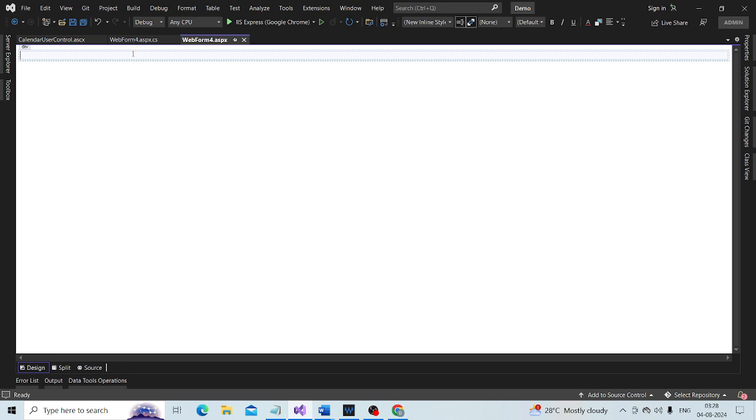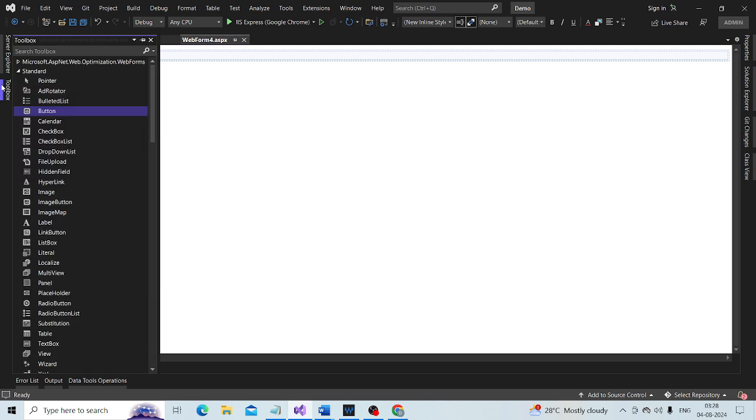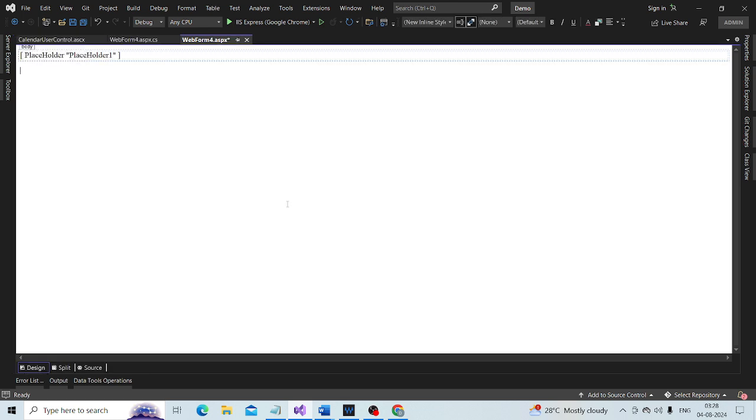So let me drag and drop the placeholder control. Where is the placeholder control? I think it is here. We have dragged and dropped the placeholder control from the toolbox.